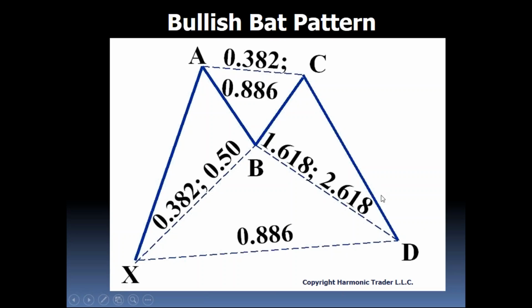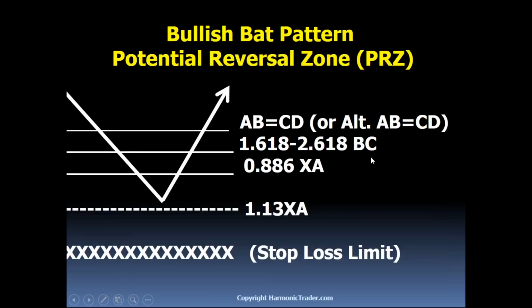We look at an alternate ABCD, and we look at more extreme BC extension measures. This minimum 1.618 extension exemplifies the extremity of this formation. Now when we're looking at the potential reversal zone, the key numbers are the minimum ABCD, that minimum 1.618 BC, but most important is that 886. That 886 is a relatively new number that I introduced in my Harmonic Trading Volume 1 book, but incredibly effective